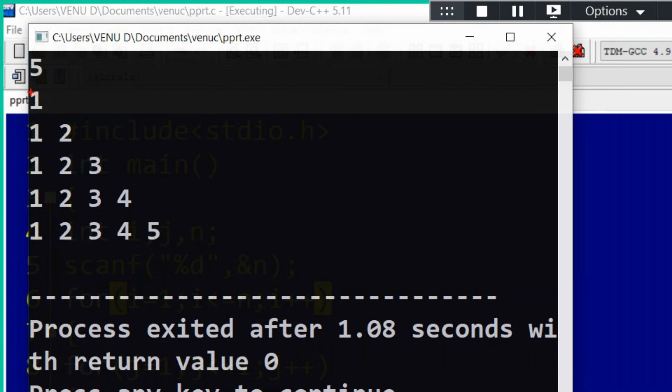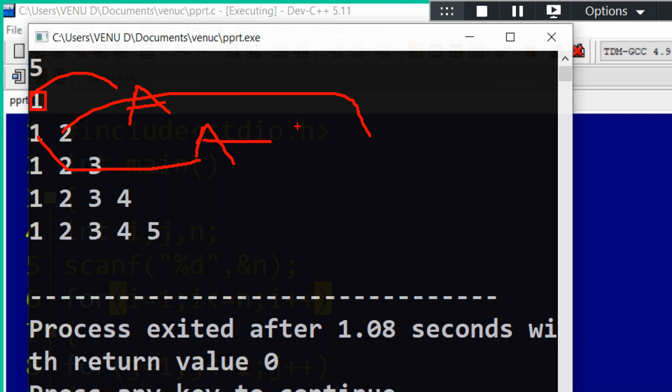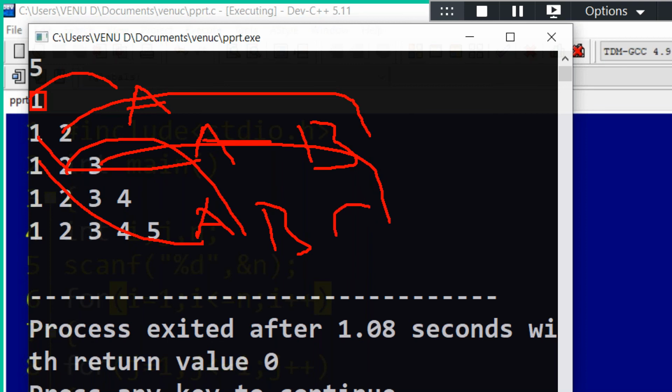Now see, I am getting this pattern here, but I have to change this with capital A. So tell me, change this one with capital A, and 2 with capital B, and 3 with capital C.